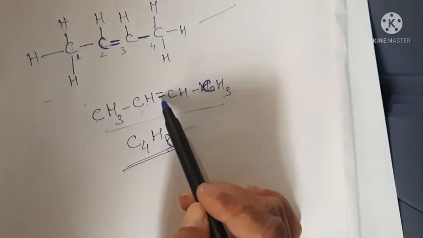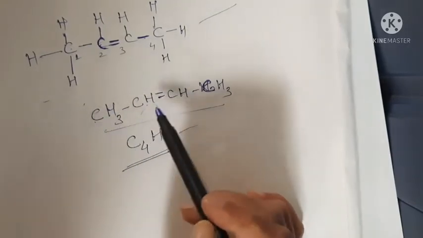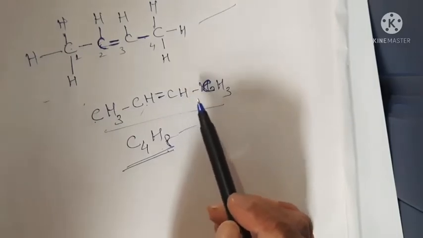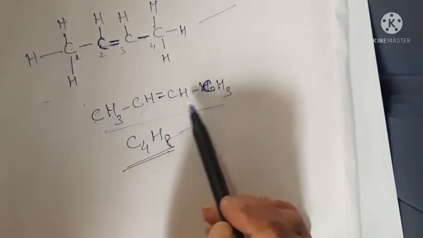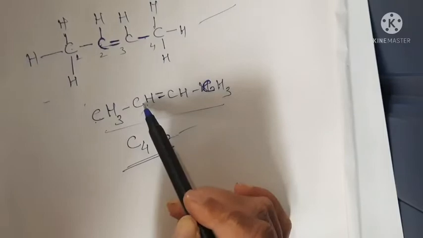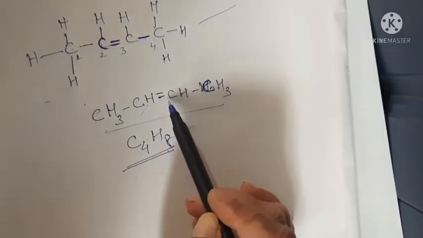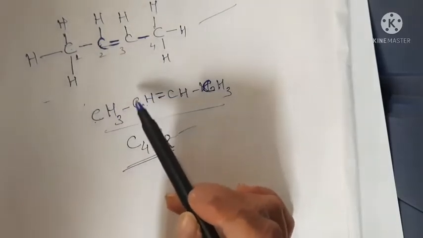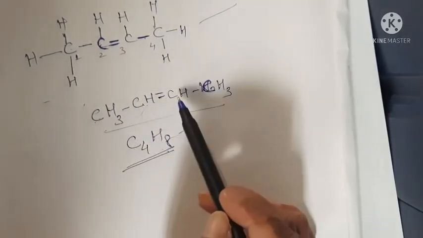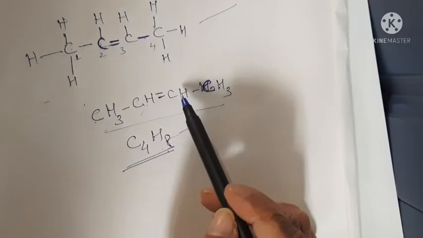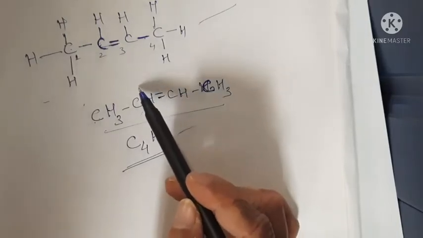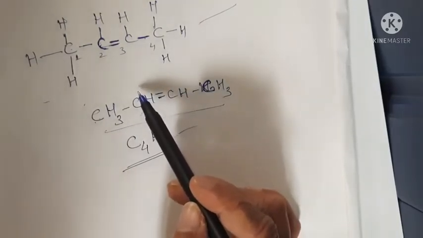First of all, there is a double bond, so it's an alkene. And how many carbon atoms, what is the formula, or what is the name? The formula is this, but what is the name? 1, 2, 3, 4, there are 4 carbon atoms, there is a double bond, so it is butene. Sometimes they may also give you 3-4 formulas of butene and ask which one is correct. In that case, you have to see whether the valency is satisfied or not.